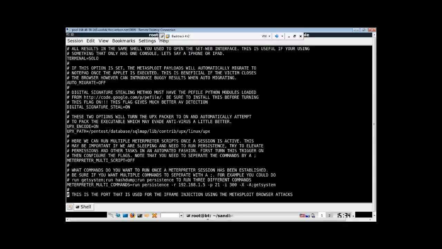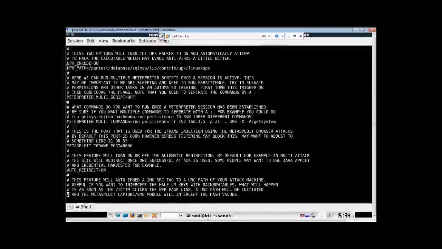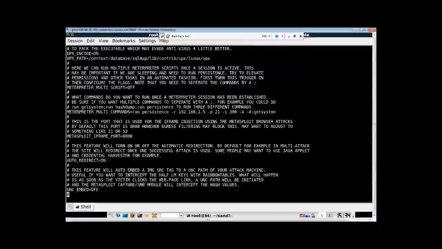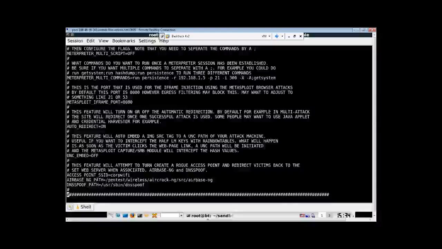but if you're running a native install off of the CD or off the hard disk install, you may have an instance where it shows up with a different interface name, and you need to specify that if that's changed, if you're going to use some of the wireless access point. Now, this is at home, but I've actually hooked up a wireless adapter to this, so I'll show you how to start that stuff, and it does work, all right? You change your SSID here. So if you've got a corporate SSID that you want somebody to connect to, or if they've got their home or whatever, you can set it here to